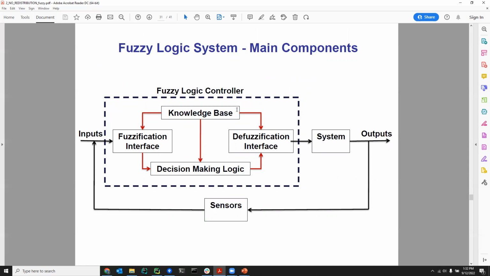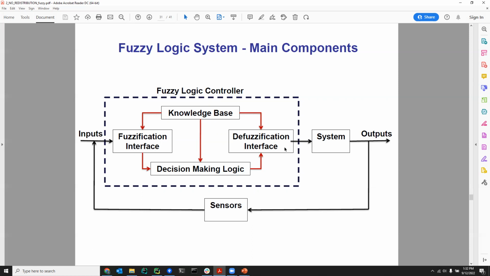You then have a knowledge base, or an inference engine. And what that is, is a bunch of rules that dictate, given the active input membership functions, what the active output membership functions will be. So once you identify the active output membership functions, there are multiple of them active typically. And so you then have to resolve them by defuzzifying them, that's what this word means, into a single crisp